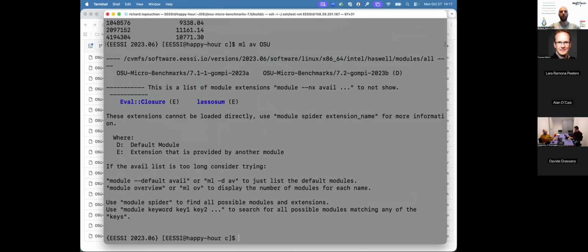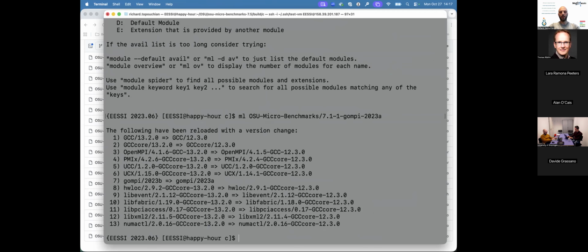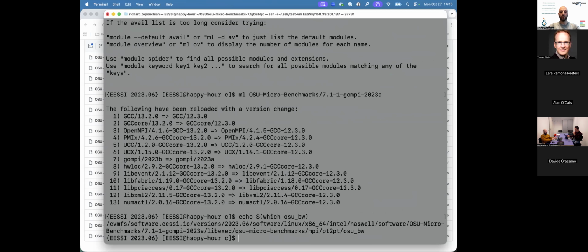Again, if I load one of those, so if I do ml, and now if I try to run mpirun OSU, let me first check which OSU I am running. So echo $(which osu_bw), for example, I can see that it is picking up the one from CVMFS, and that assures that I'm not running the one I compiled. And if I now do mpirun